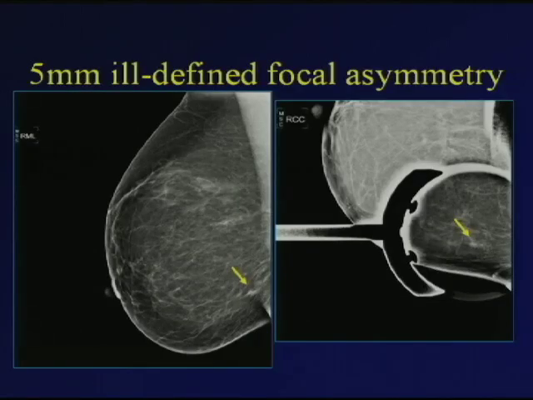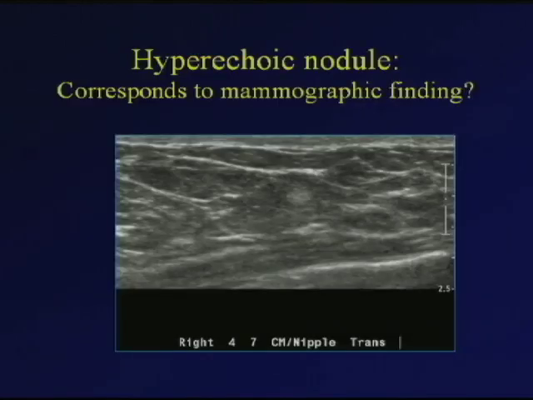And here's a case of an irregular asymmetry on mammography. We're not sure if this really represents a mass or not, or whether this is simply a little asymmetric breast tissue. We do an ultrasound, and the only thing we can find is this hyperechoic nodule. Well, this is a very benign appearing finding on the mammogram. It probably doesn't correlate with what we're finding on the